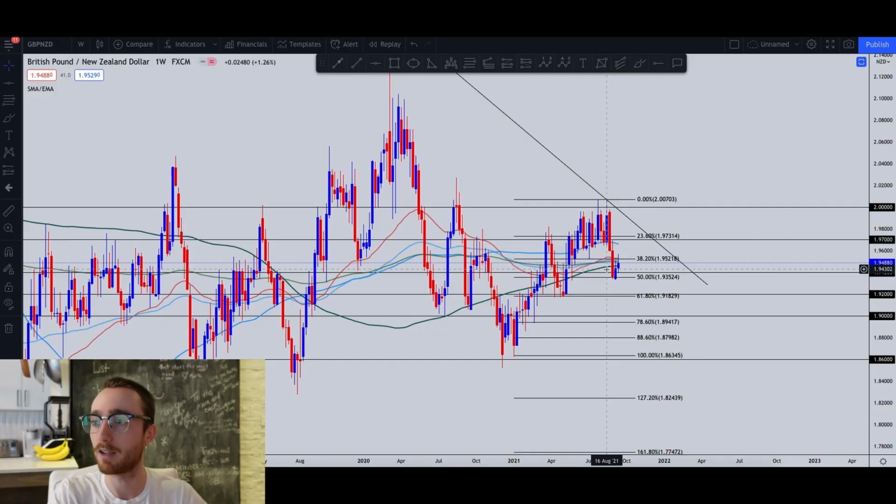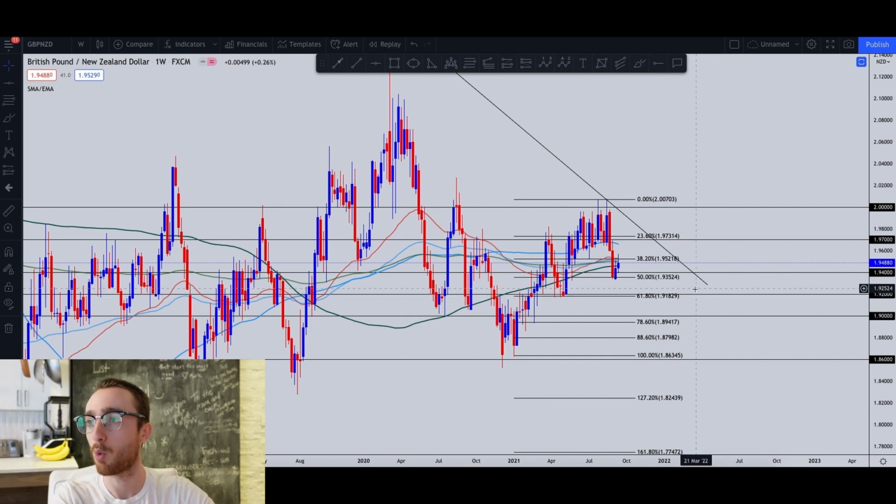So what we're going to do is look for where these confluences intersect. Then we're going to see how many confluences intersect, and then we'll be able to determine whether or not we want to take a trade there. It's really that simple. So the first thing that I see is with this 61 fib, we also have this